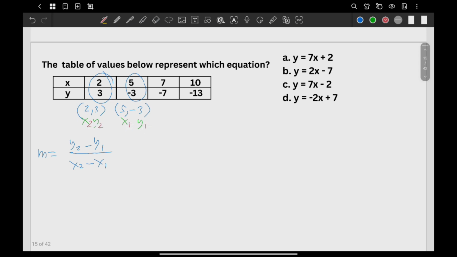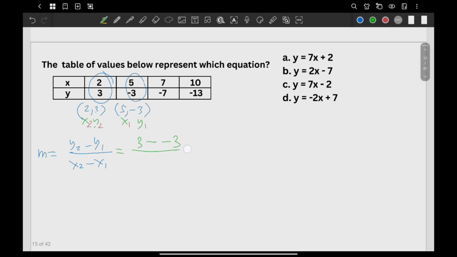Whatever you do, whether you make the first one sub 1 or sub 2, it's okay. You'll just have the same answer. Now, let's replace the values. What's the y sub 2? Y sub 2 is 3. I'll put here 3, and then the formula says minus. What's the value of y sub 1? Y sub 1 is negative 3. Take note, the minus sign there, and then the negative 3 there. They have negative signs, right? They're different, okay? Please be careful.